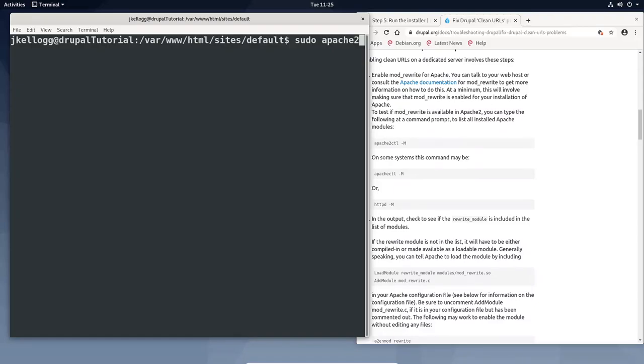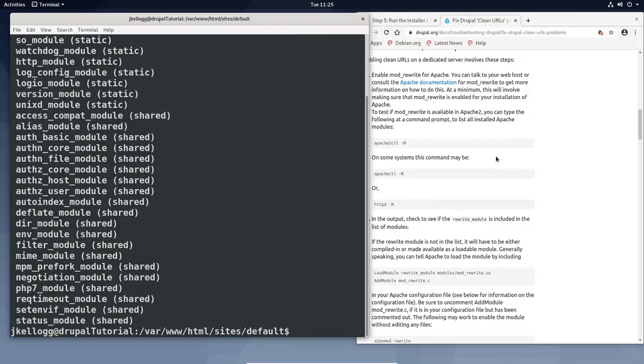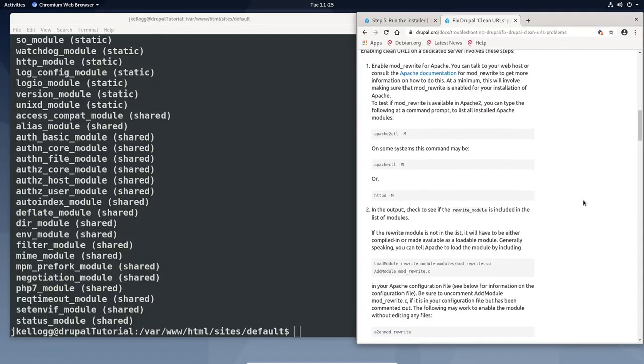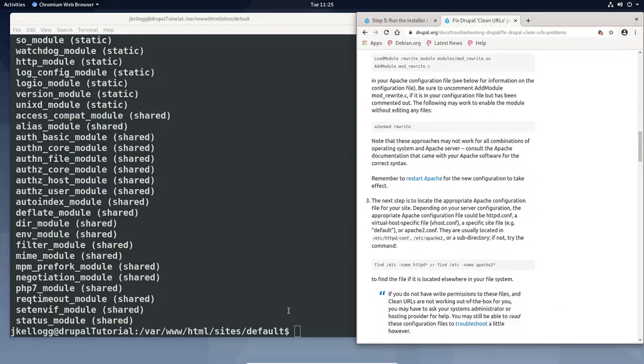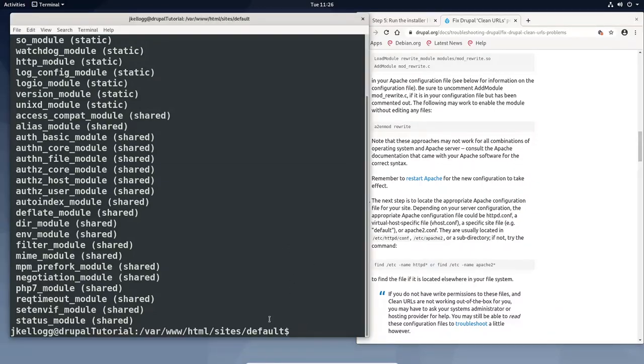Apache 2 control, ctl -M, and they're telling us we need to look for the rewrite module, and that usually ends up displaying somewhere down here. So what is it? This is alphabetical. So you'll see that we don't have the rewrite module included. So we're going to need to do that, and the first thing that we need to do is run this command here. So sudo a2